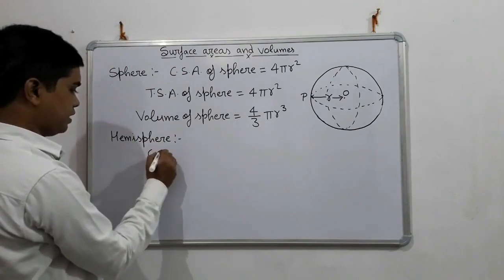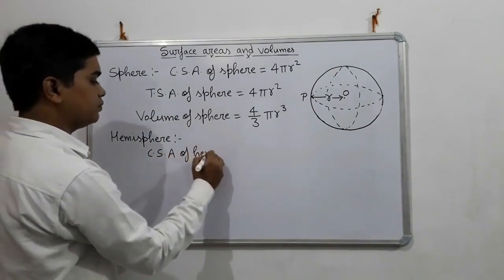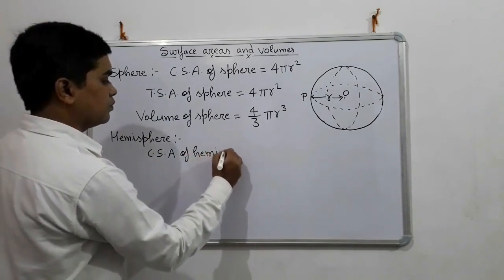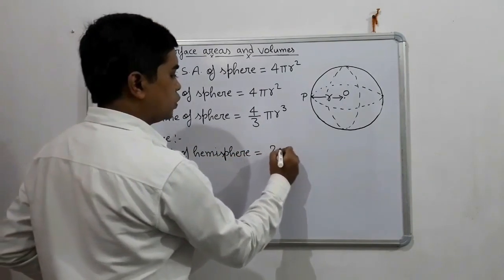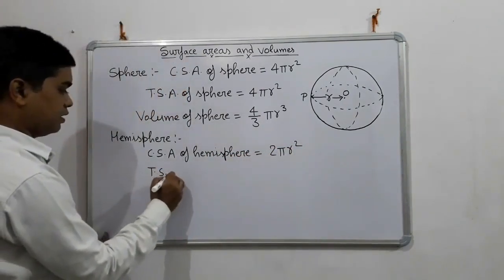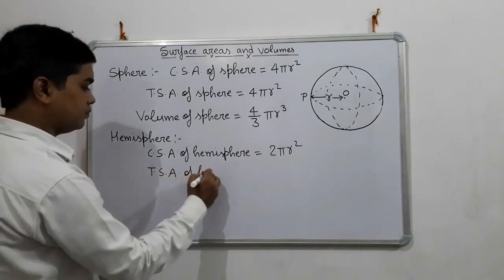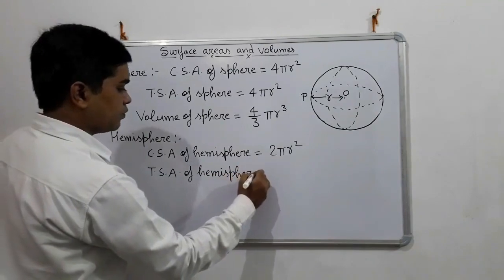So let's see the formula for that. CSA of hemisphere is 2 pi r square, and TSA of hemisphere, it will be,